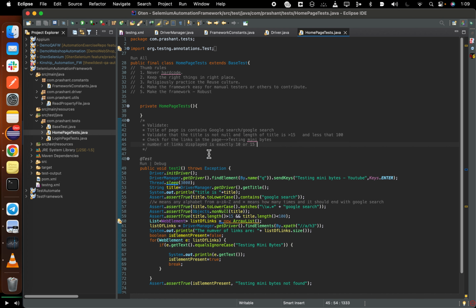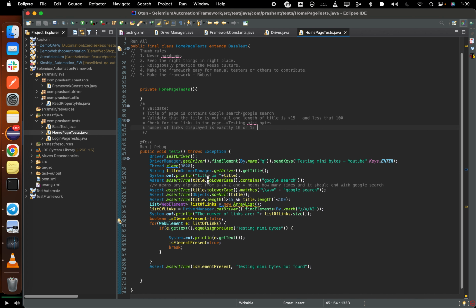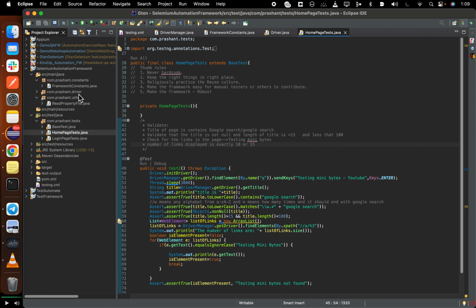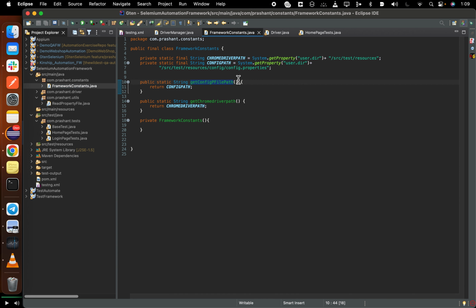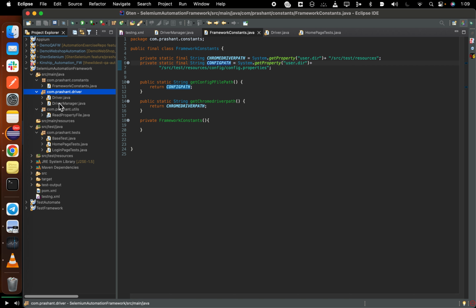So let's write a simple test now. In the framework constants, you know that I have created one config path variable which I've made final. This was done because, in the driver class we were doing driver dot,